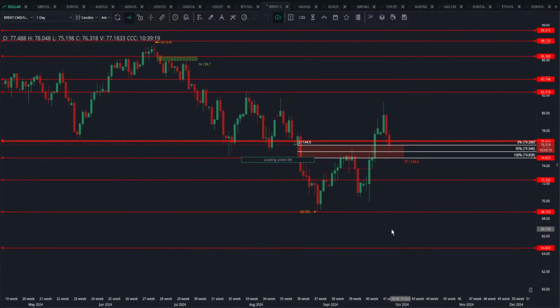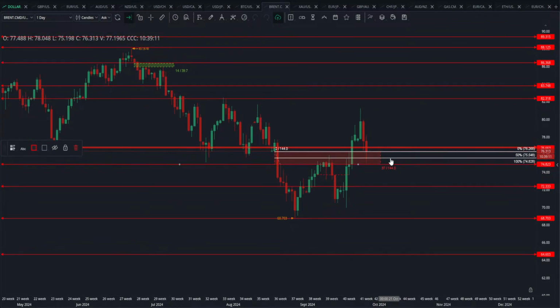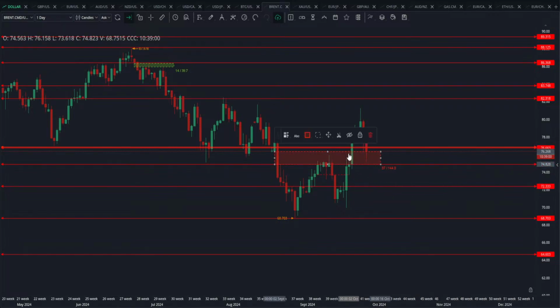About the Brent, you see only this fair value gap is providing the support and resistance to the price. But even if you remove it, now we have another fair value gap here, which has been closed completely. The day has not closed. 10 hours 39 minutes are still pending, and if we can close